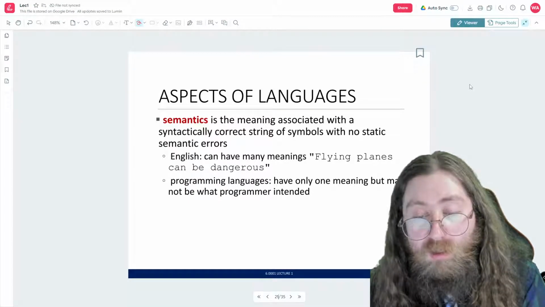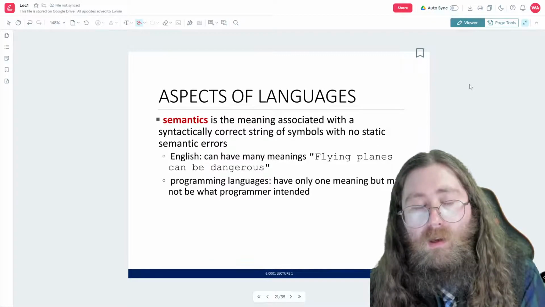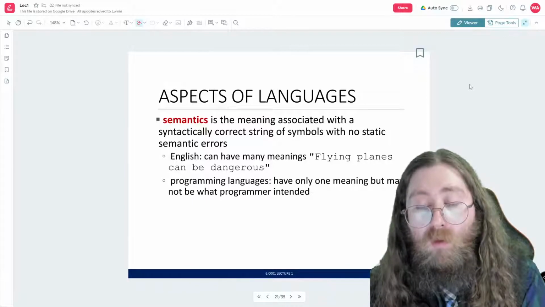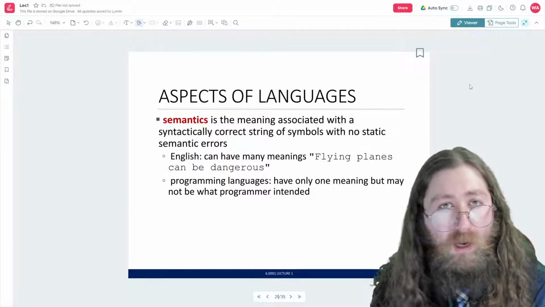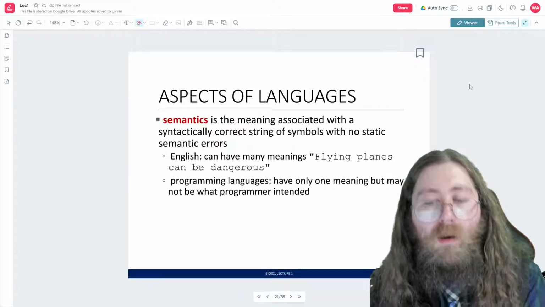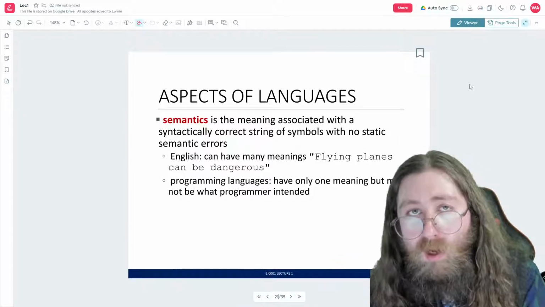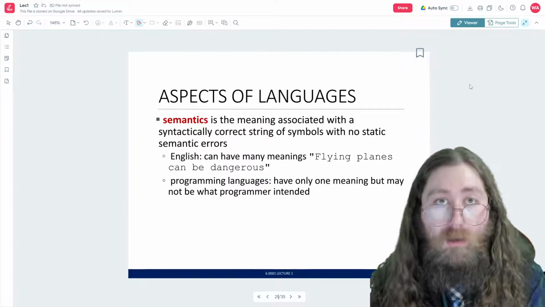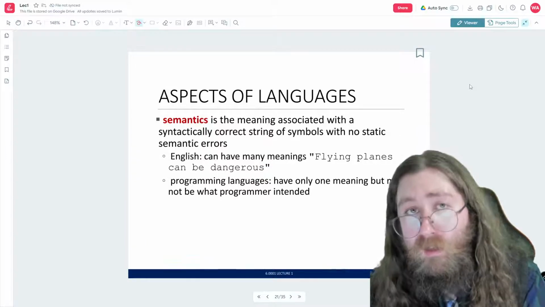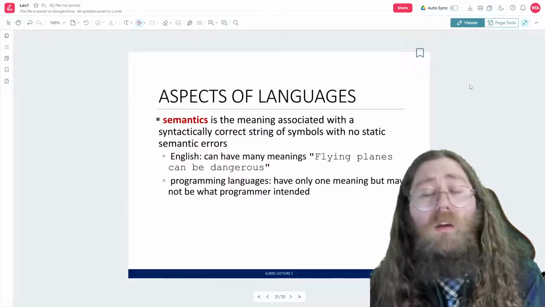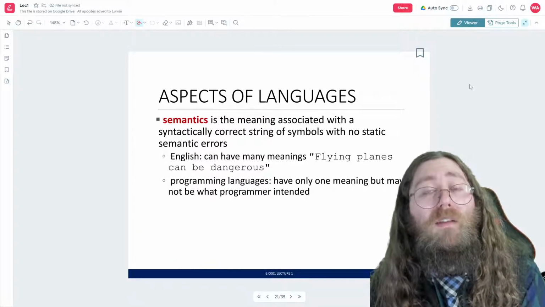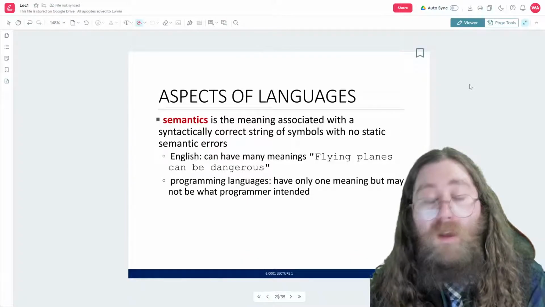In programming languages, things are a lot less vague, right? In programming languages, we have only one meaning. Generally, it's not going to be taken 5 different ways when you write a line of Python. But what you write might not be interpreted by Python the same way as you expect. It's not going to have a bazillion different ideas of what you mean. It's going to think one way about the way that you programmed it, and that's exactly the way that you programmed it. It might not be what you intend.